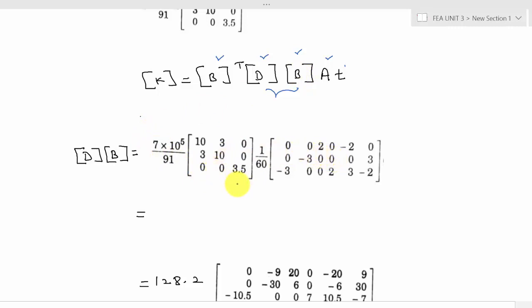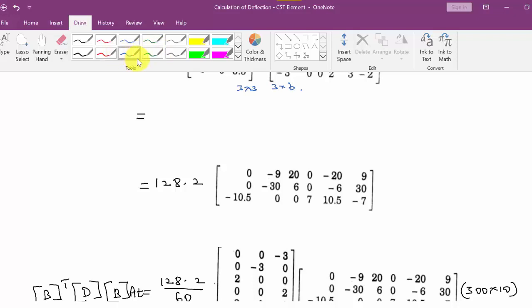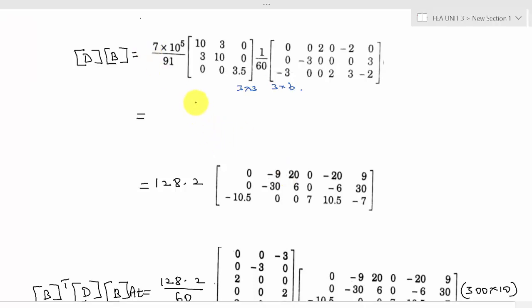The D matrix size is 3 cross 3 and the B matrix size is 3 cross 6. There is a simple method to multiply these two matrices using the calculator. Let me consider this as matrix A and split this matrix into 2. This 3 cross 3 is considered as B matrix and the next 3 cross 3 is considered as C matrix. Now I can multiply A and B and write it here. Then further I can multiply A and C. We know how to multiply the matrix by using a calculator.